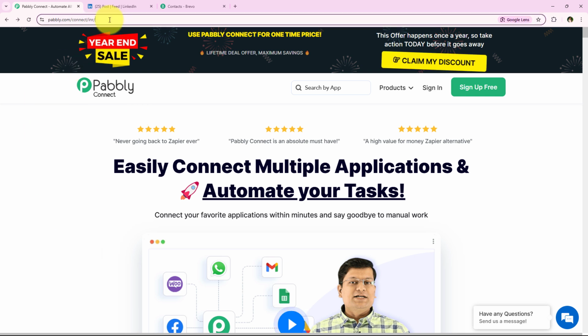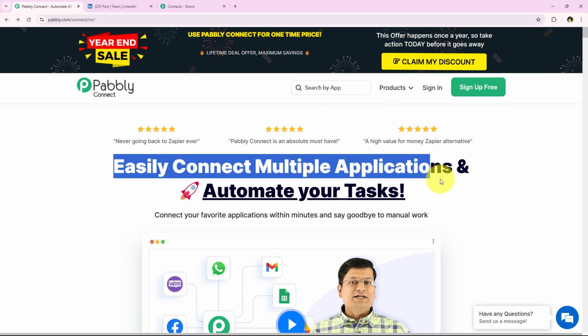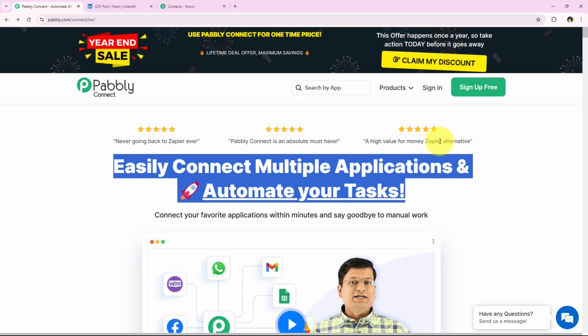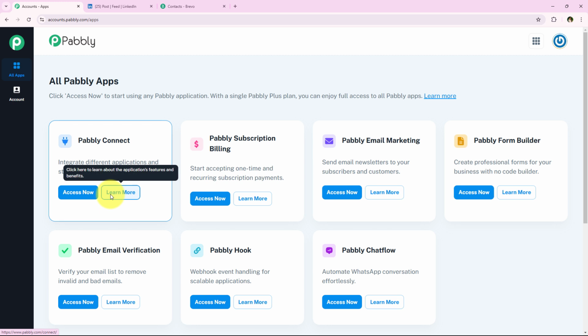So to do this, I've simply opened the landing page of Pabbly by searching pabbly.com/connect in my browser. It is very easy, and as soon as we open the landing page of Pabbly, we are going to get two options. One is sign in and the other one is sign up for free. So if you are a new user, you can click on this sign up for free and you are going to get hundreds of hours free every month to explore this application. But over here I'm an existing user, so I'm just going to click on sign in,